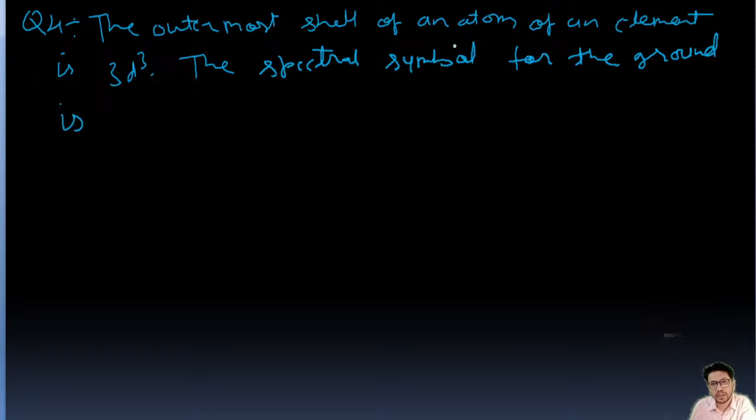Okay, the outermost shell of an atom is given, and we need to find out the spectral symbol for the ground state. Okay, the options are option A